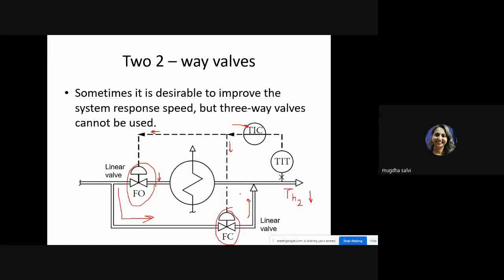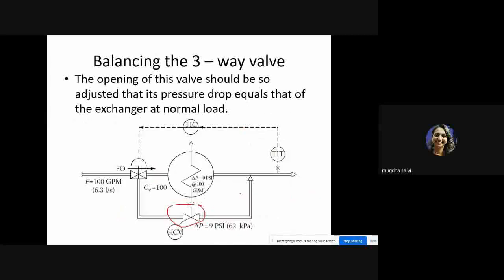This is one of the favorite questions: how bypass control is achieved in heat exchangers. You will explain the mixing and diverting valve in short. You will draw the diagrams for the two, and then for the limitations you will provide these two solutions also. So the answer becomes pretty big when you are writing it for bypass control, how you are using the diverting valve and the mixing valve, and then how you are overcoming the limitations of the three-way valve.